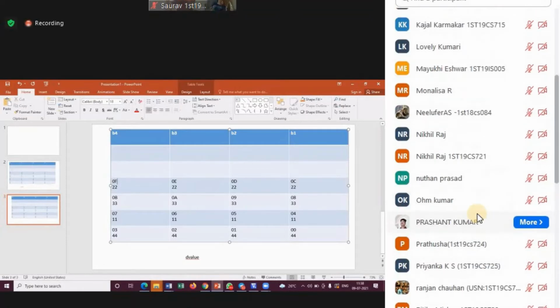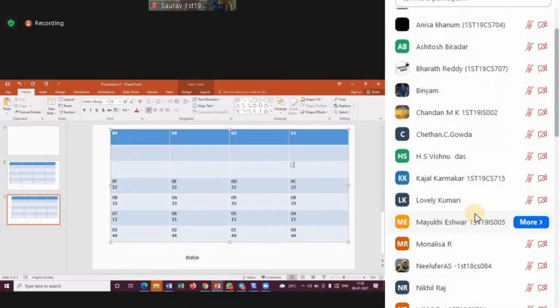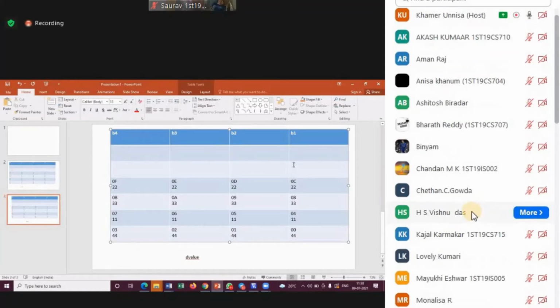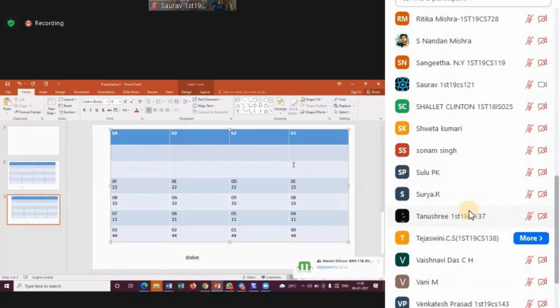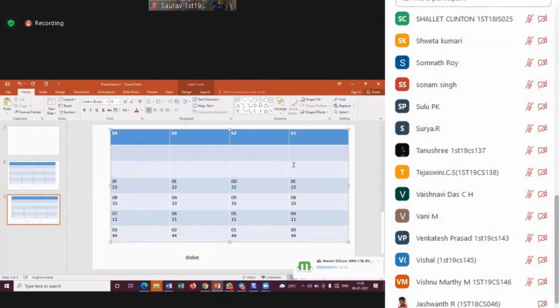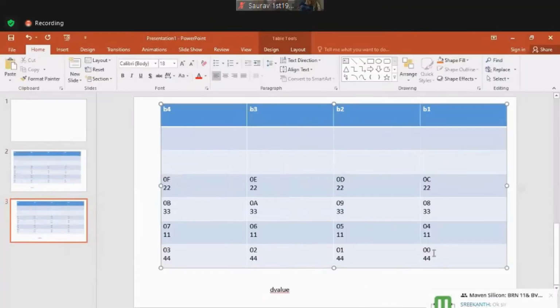What can be the next number, guys? 0F is over. Next can't be 0, 0 again, the same number doesn't have to be repeated. After 0F, this 0 becomes the right-hand side and this 0 becomes the left-hand side.